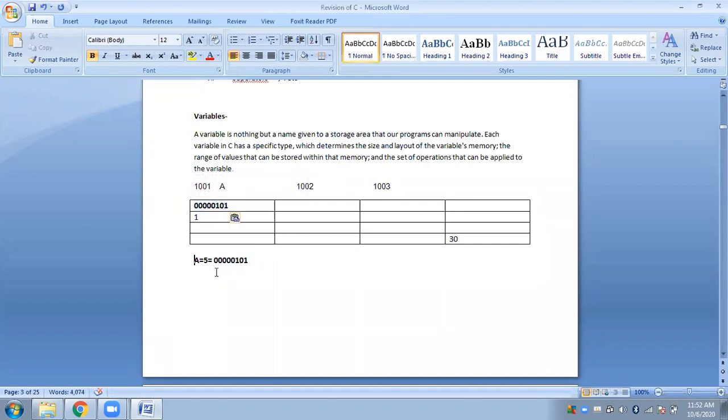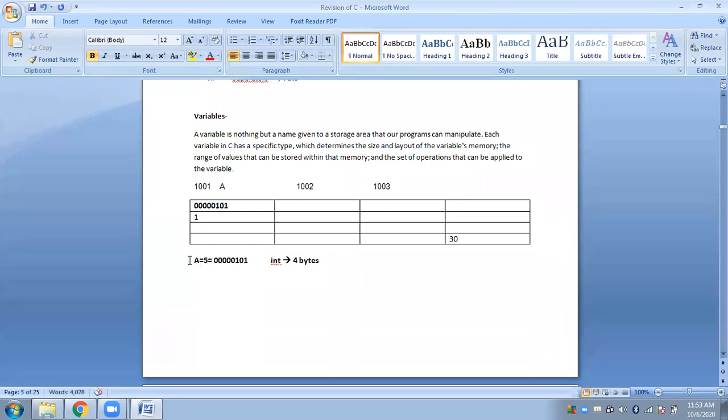And what did I say about int? Int is of how many bytes? Int represents 4 bytes. So this is 1 byte, this is the second byte, this is the third byte, and this is the fourth byte. These 4 bytes are reserved for the variable a.